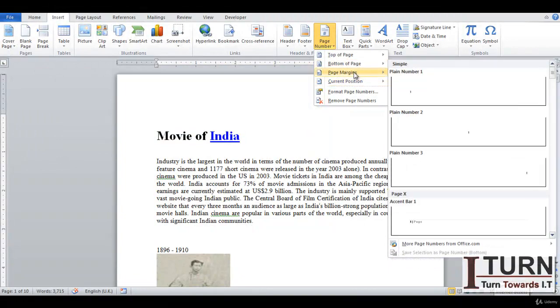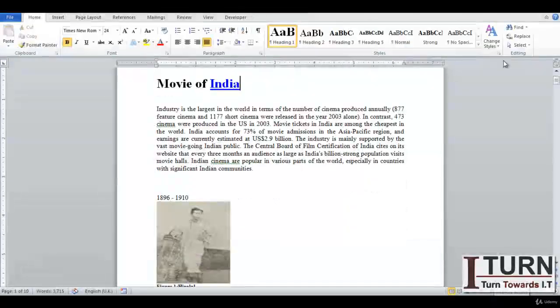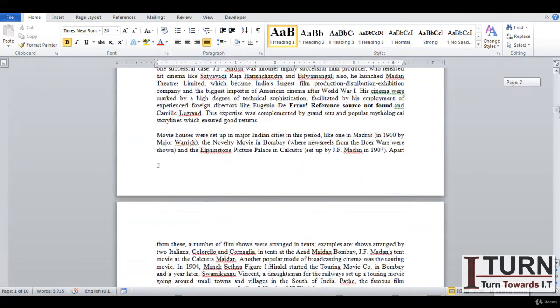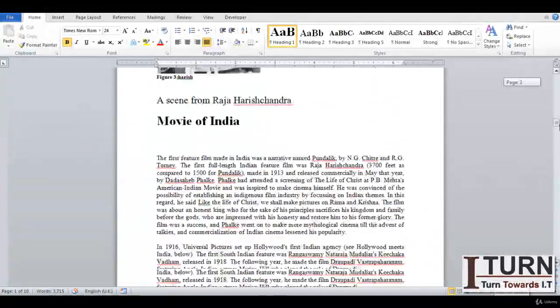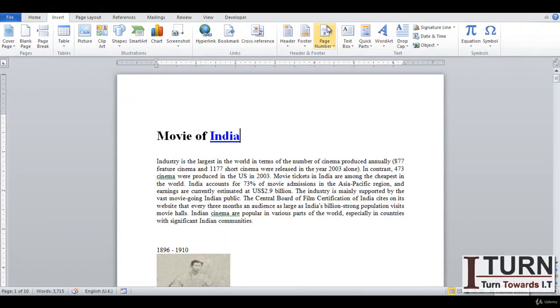So let's say I want to give the page number at the bottom of the page. I'm going for this option, simple one, close header and footer, and you can see the page numbers are coming. In fact, in footer and header options also there is a page number option, and that will come. If you want to remove it, once again go here and remove page numbers. This is how header and footer works in MS Word,